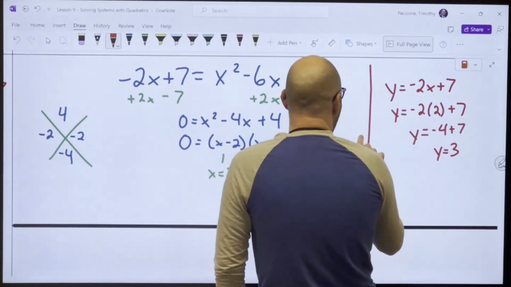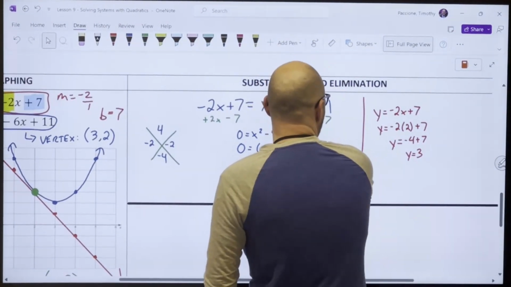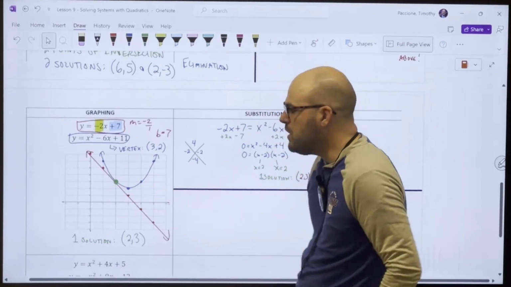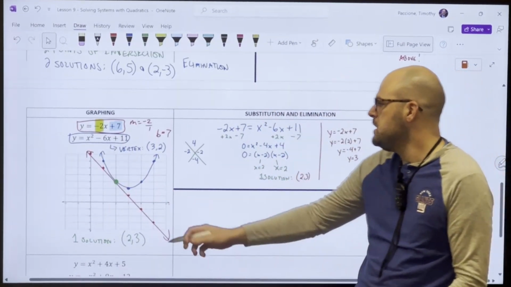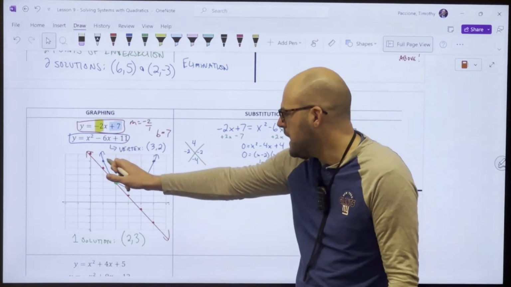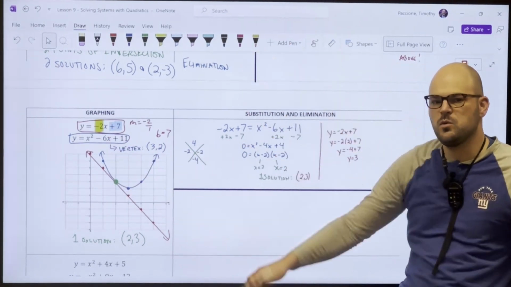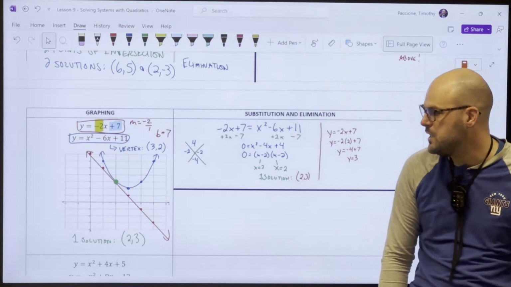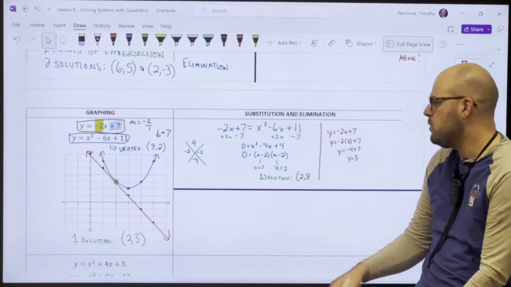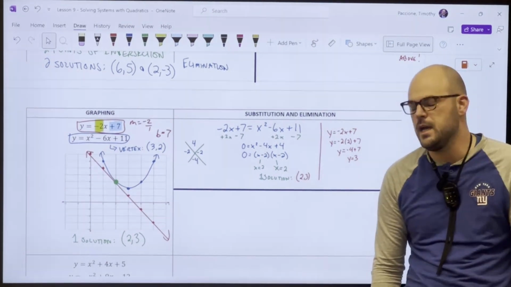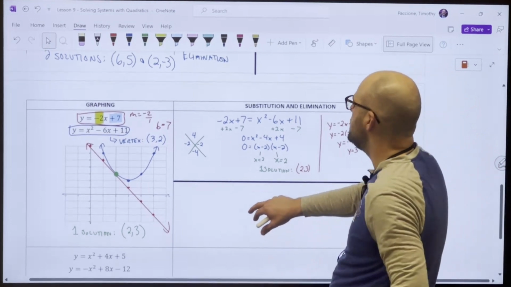And if you look over at the graph that I did for y'all, if you want to copy it down, 2, 3 was the only point that they intersected. This line was here, and then the parabola came and touched it, and then it went away. It only had the one point of intersection at 2, 3. And we confirmed that using substitution. All right, if we did elimination,